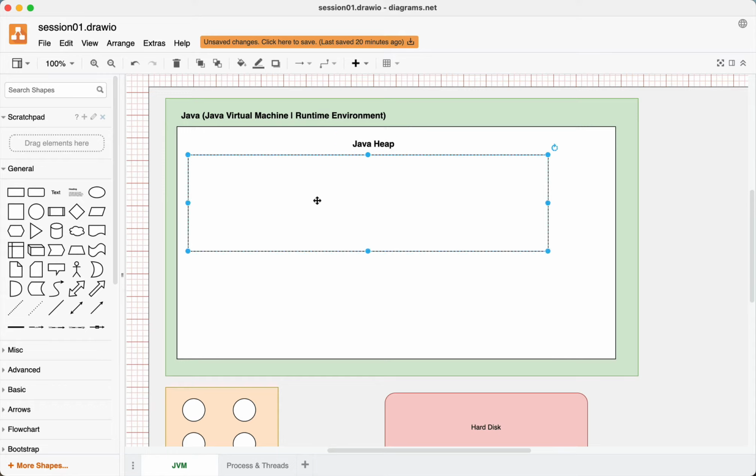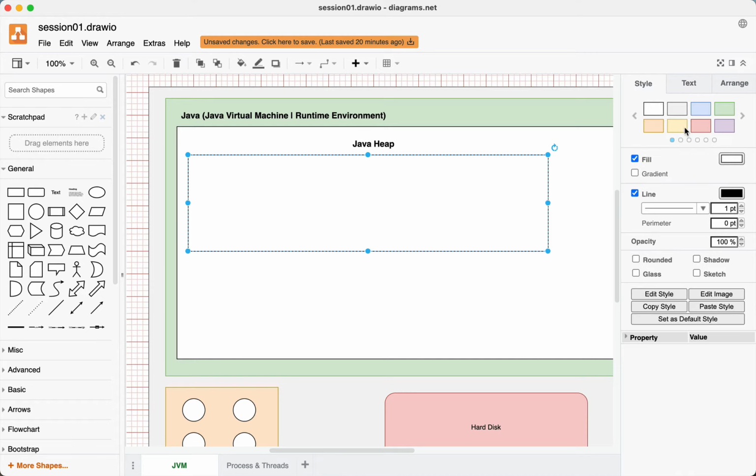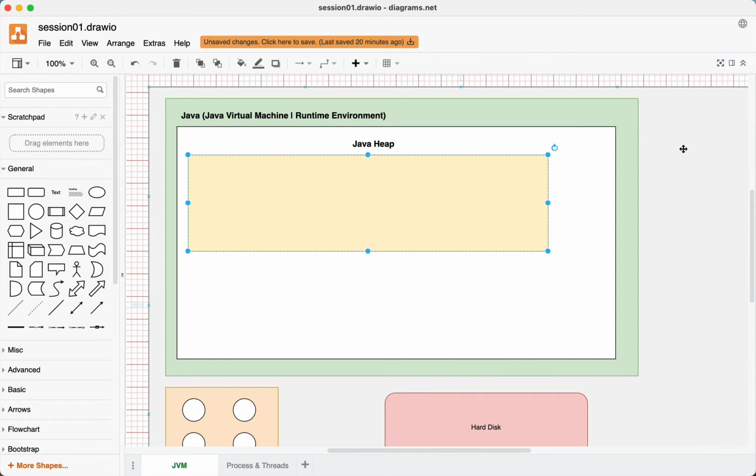So when I create an object of class String, that object will be stored here. If I create an object of class Integer, it will be stored here. If I create an object of class Customer, that Customer object will be stored here. If I create an object of class Product, it will be stored here. If I create an object of class PurchaseOrder, that PurchaseOrder object will be stored here. If I create an object of class Rectangle, the object of that class will be stored here. So the objects are stored here. Java heap is the space where the objects are stored. Right? This is Java heap.